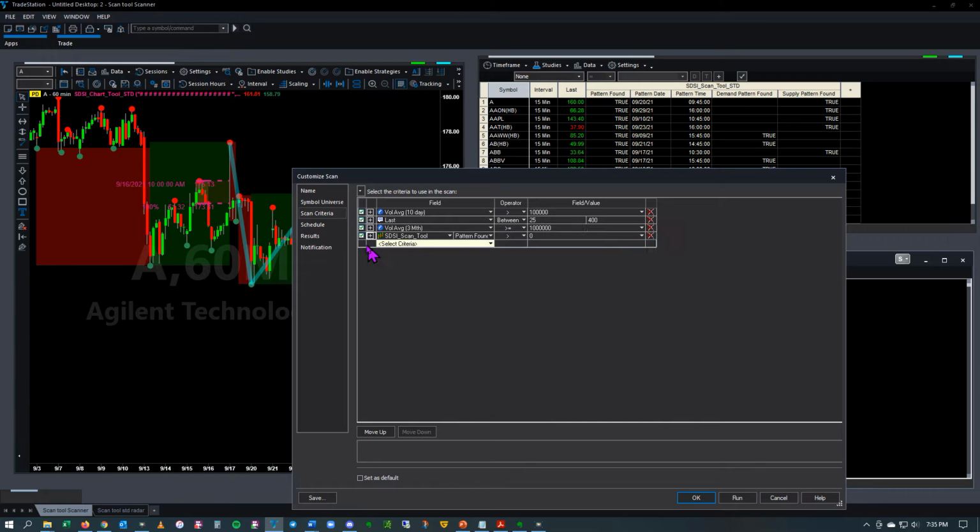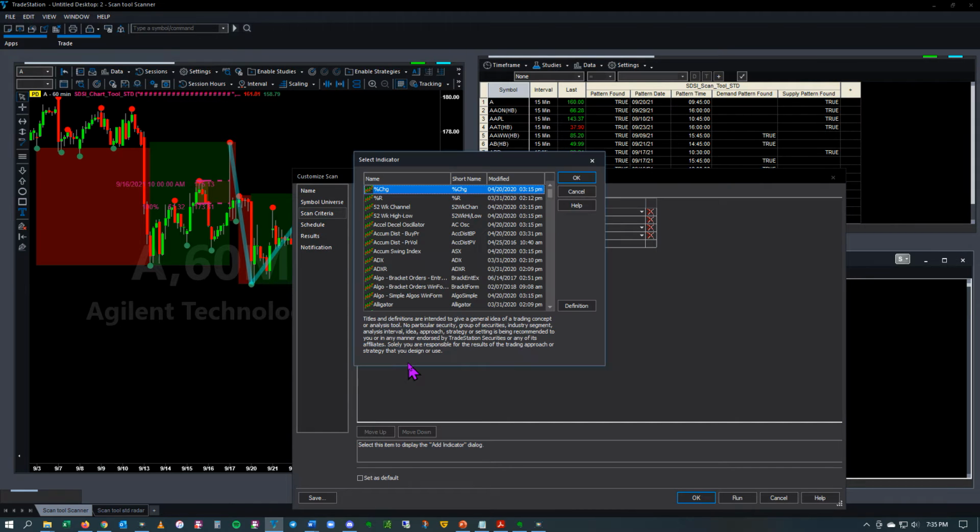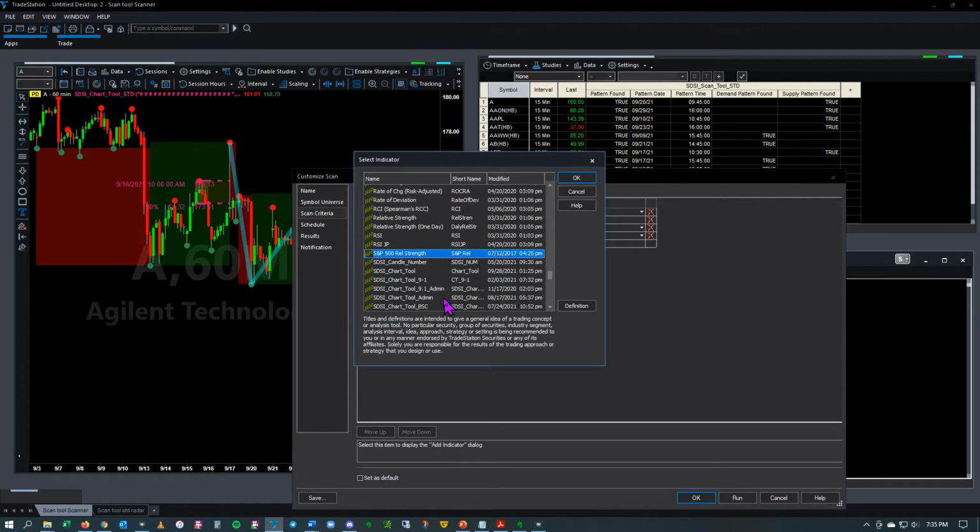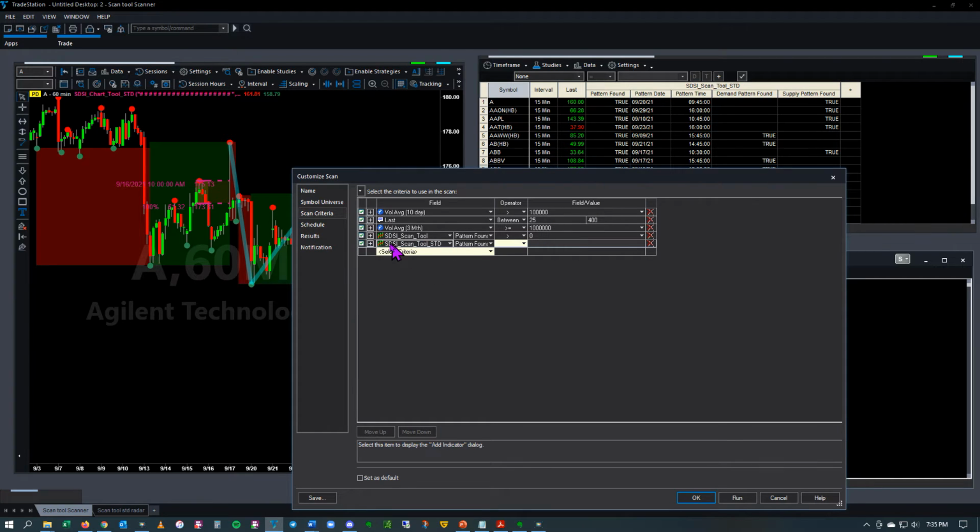So let me minimize this. We would go here to select criteria, hit the drop down, and then we're going to go down to indicator, and then just hit S, and you will see right here that you've got the scan tool standard, and so you would just add that, and you could make the appropriate changes to it, and if you want to get rid of something, you just exit out, which I will do for this case. And we've already run this,